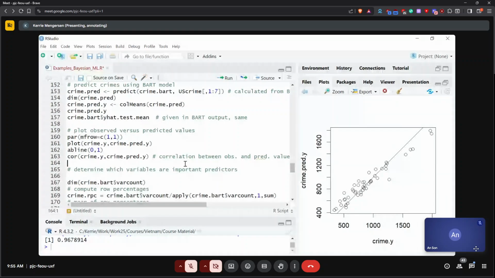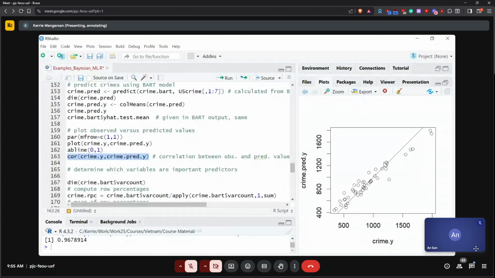All right, so what I've done is I've plotted the observed versus predicted values here. I've also looked at the correlation between the observed and the predicted values, and I get a correlation of 0.97968. So you can see here, this is the observed data on the x-axis, and the predicted values on the y-axis, and this is for the 47 regions.